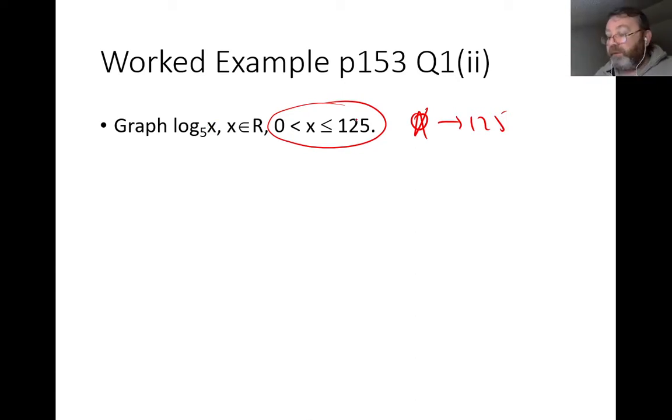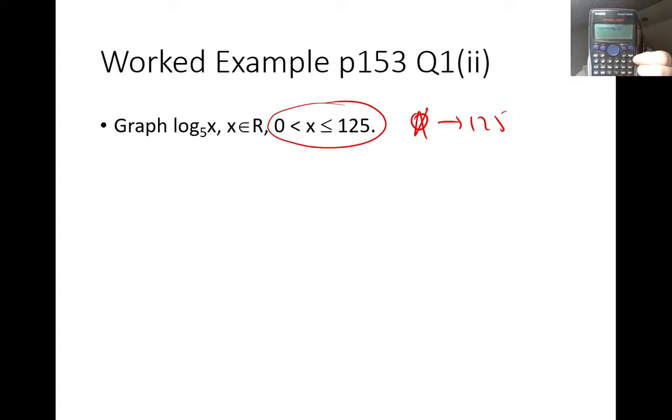So the highest value is 125. So what are we going to do in our calculators? Well, the first thing we're going to do is put in the function, log to the base 5 of x. So you go to mode 3 for your table. f(x) comes up on your screen if you can see it there. And you put in this button. You see the button that is just underneath, if I can hold it there, the button that's just underneath the power button. Yeah, that's log to the base of a number. Now, if you press that,